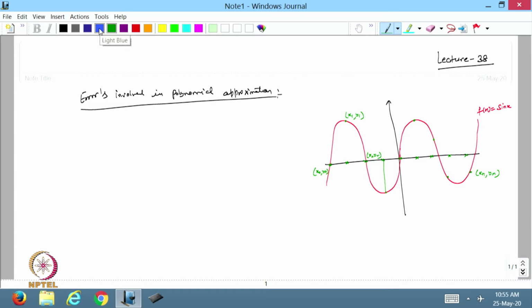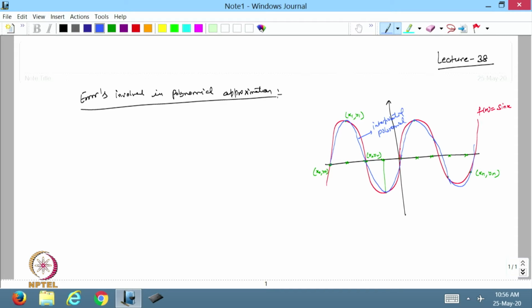Now, in this case what I will do, I will take the polynomial interpolation. So, the polynomial interpolation will be what? Which is passing through all these points. So, I will start from here, suppose it is passing through here, then the next point is here, then passing through this point, and so on. So, this is my interpolating polynomial,